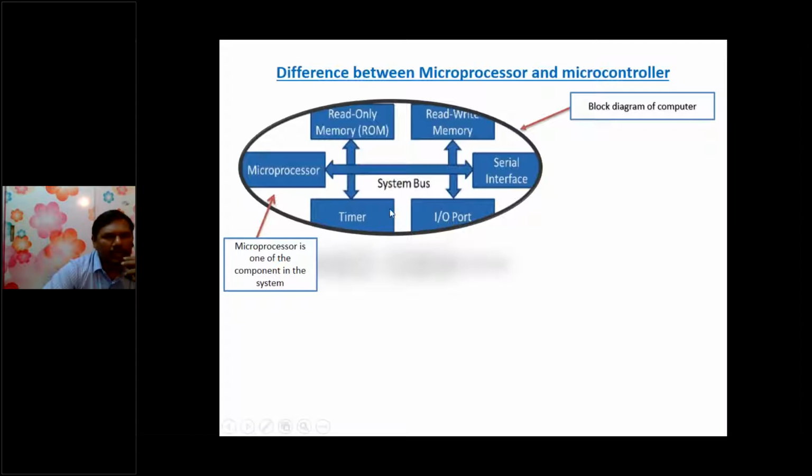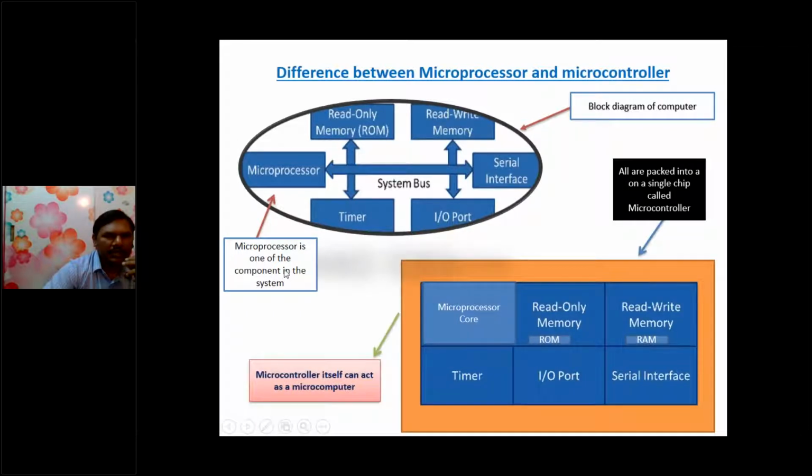So this is the block diagram of a computer. In this block diagram of the computer, the main parts here are two types of memory, ROM memory and RAM memory, serial interface devices, I/O ports, and timers. Here everything is a single chip. So the microprocessor is one of the components in the system,